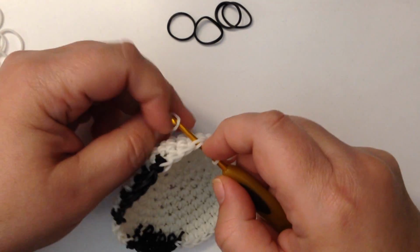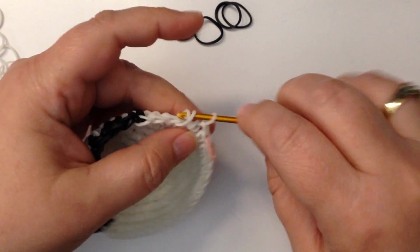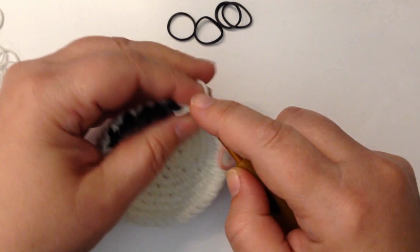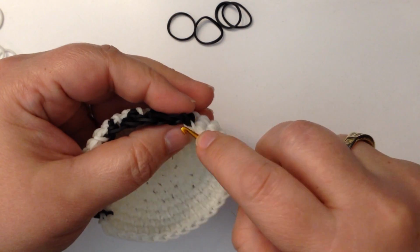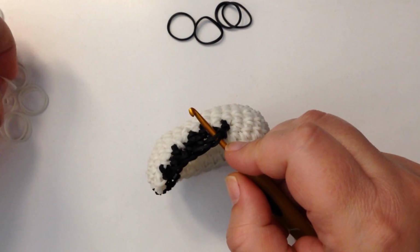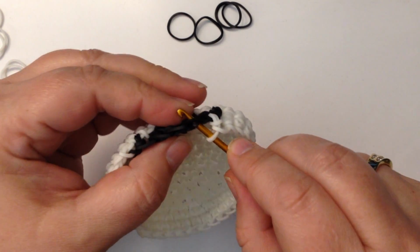That's 2, 3, 4, 5 and 6 is all the white area. Skip the slip stitch, come in here. Now at this time, this is the end, we're just moving one extra in, okay, and these are going to